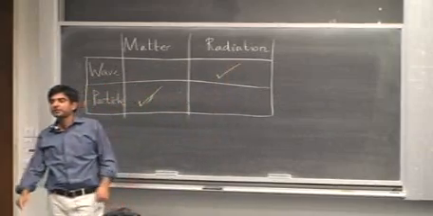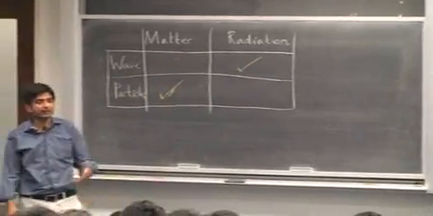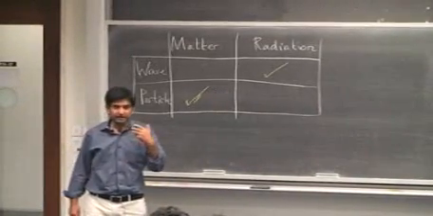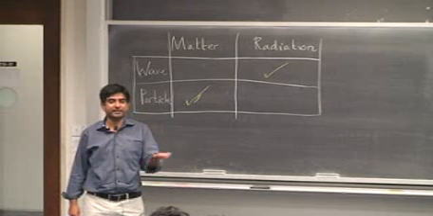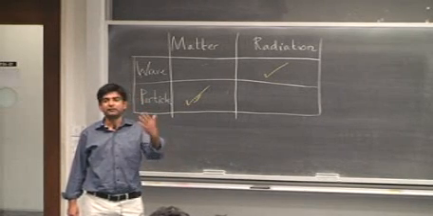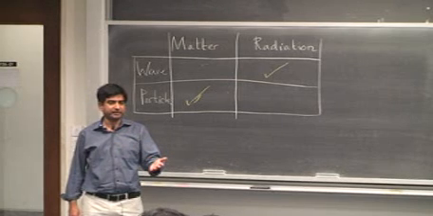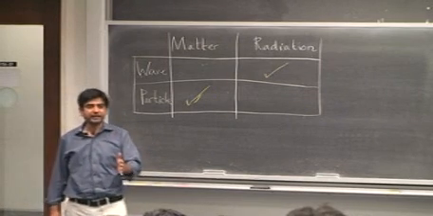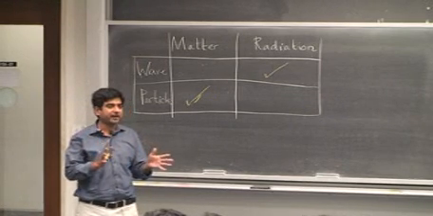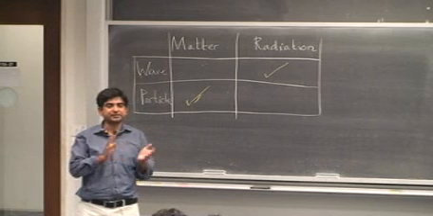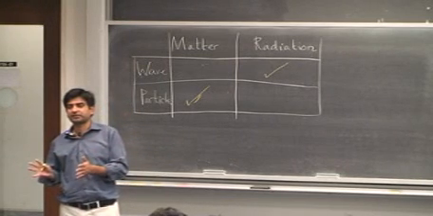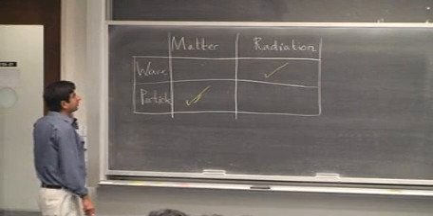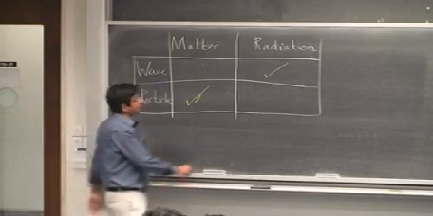Can you remind me of a phenomenon that reveals the wave-like nature of radiation? The double slit experiment. Have you ever observed anything in your lives? Yes, yesterday we looked at diffraction patterns from a single slit and from a double slit, as well as from a reflection grating. So these phenomena shed light on the fact that radiation, such as light, behaves like a wave. Now what we are going to do is look at the particle nature of radiation.